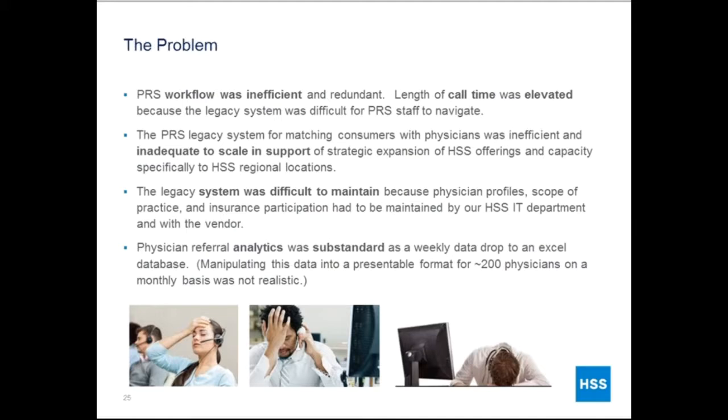The problem with our legacy system was the workflow was inefficient and redundant. If you look at the pictures at the bottom of the page, it really depicts the way we felt as we were trying to navigate patient inquiries on the phone, and navigating a system that is not smooth and seamless is just time-consuming. Length of call times were elevated, and the legacy system for matching consumers with physicians was inadequate